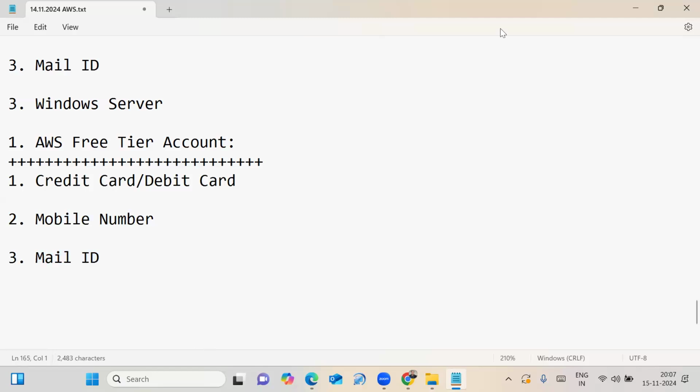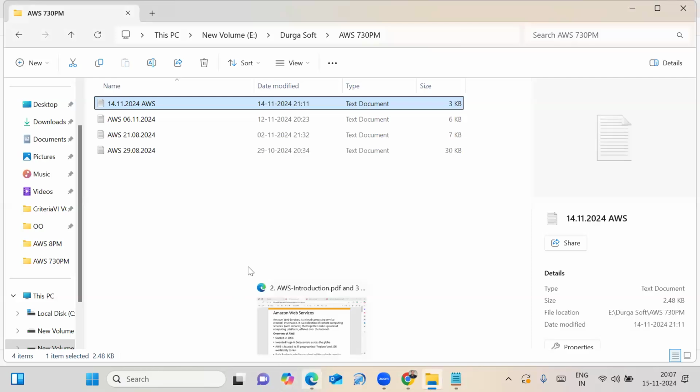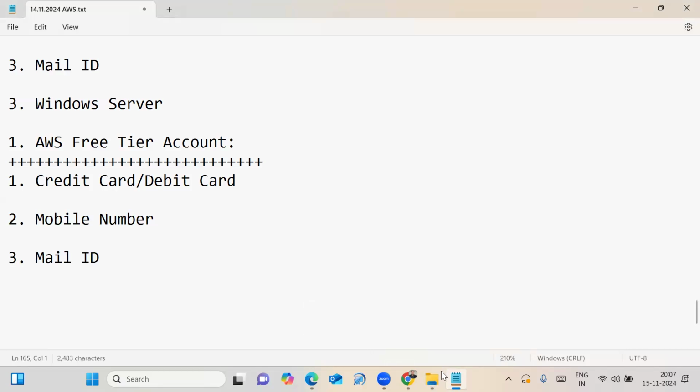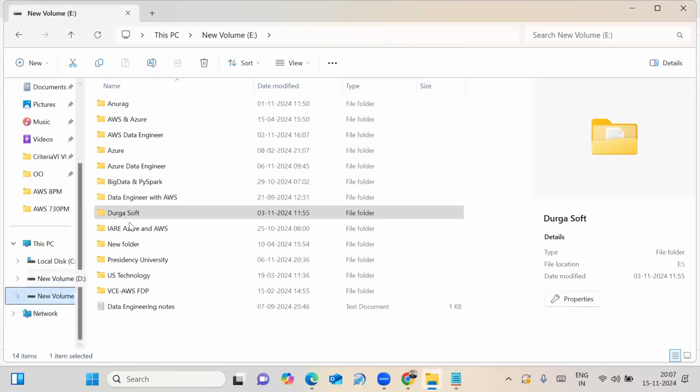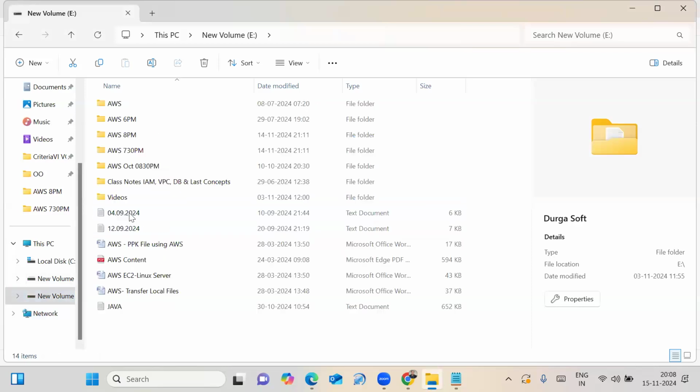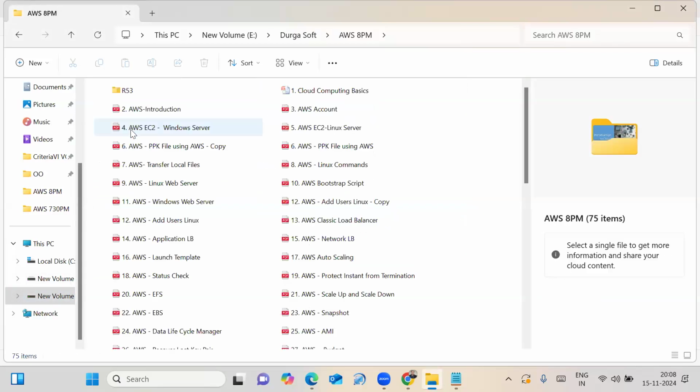Friends, I already have my AWS account. That's why I'm not creating it step by step with hands-on. Instead, I will explain the procedure for how to create your AWS free tier account. I have already prepared the class material.